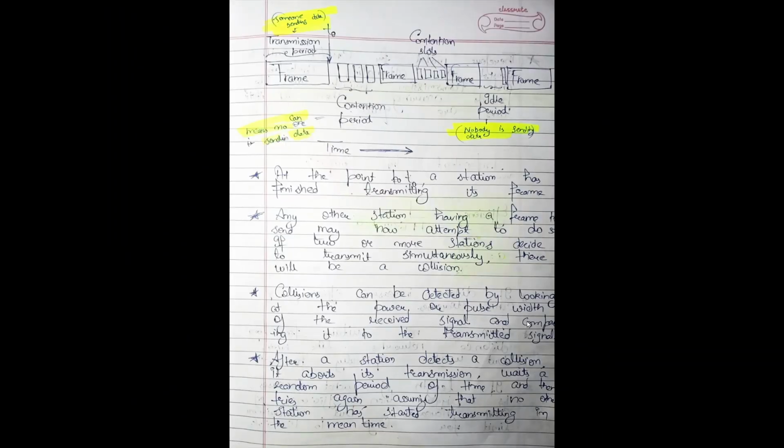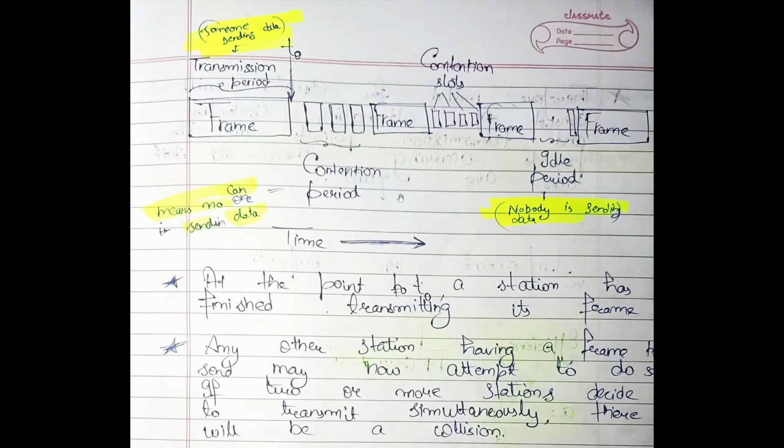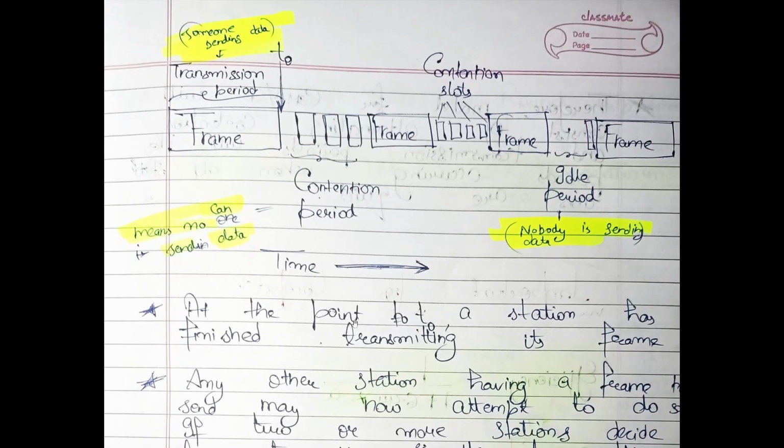Okay, now suppose this is a frame sent by a station. So this is the transmission period in which someone is sending the frame. A contention period is a period in which no one can send a frame. So this much contention period is in CSMA/CD to prevent collisions, in which no one can send a frame. There's again a frame, there's again a contention slot, then there's again a frame, and then there's an